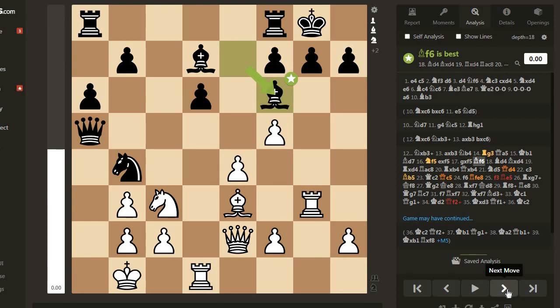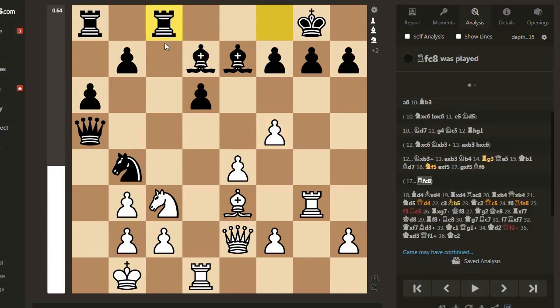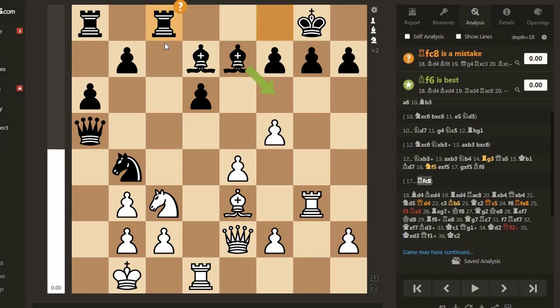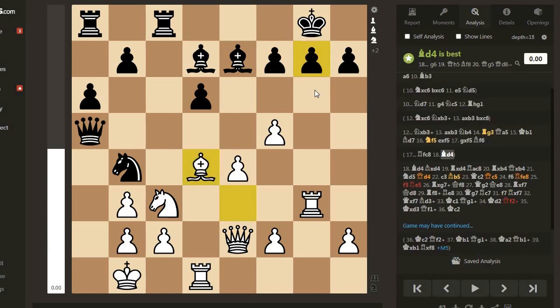This is the only decent move here. If black instead defends with rook fc8 to make a bishop f8 possible and also begin queenside operation, he will not succeed in holding the king side. For example, if bishop d4, then g6,